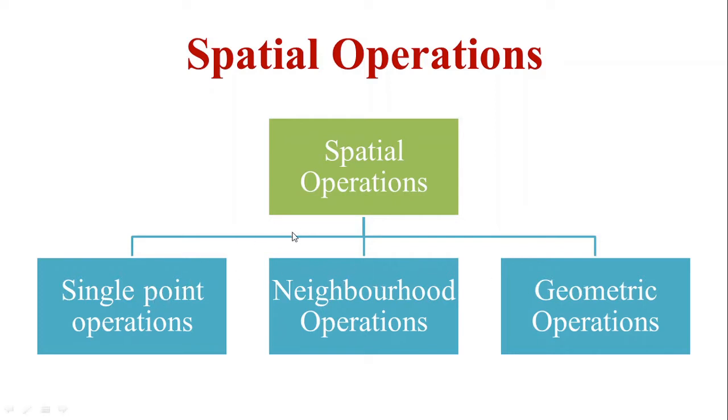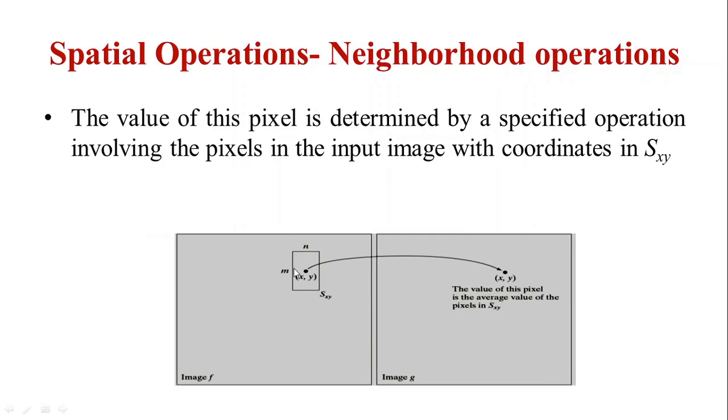Now, in the single point operation, we were saying that the intensity value of an individual pixel is going to be changed, right? So, when we defined operator T, we said that T is going to alter the intensity value of an individual pixel. But in the neighborhood operation, the value of the pixel is going to be determined by a specific operation involving the pixels which are in the neighborhood